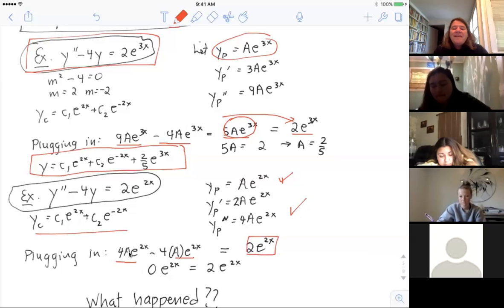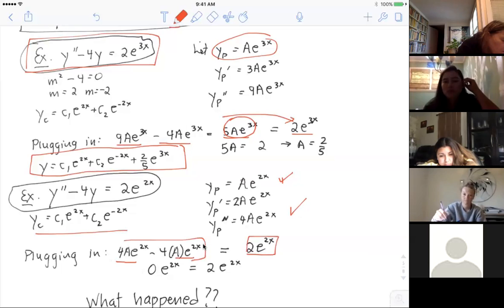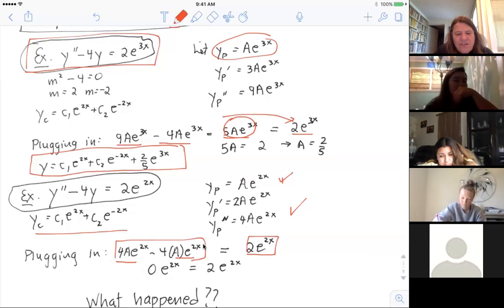But look at this left-hand side down here. Up here where I combined, I got 5a e to the 3x. I could easily match the 5a and the 2. What happens down here, guys? What do you see right there? You differentiated that thing twice, and the way we plugged it into the solution, we had a 4 here and so forth. We got 4a e to the 2x minus 4a e to the 2x. And that's equal to what? Regardless of what you got down here, that's 0.